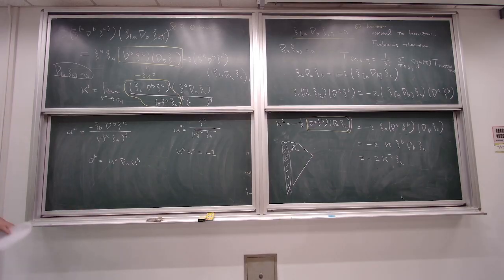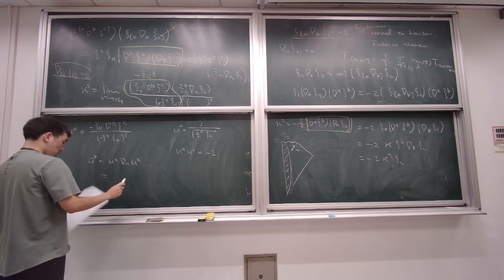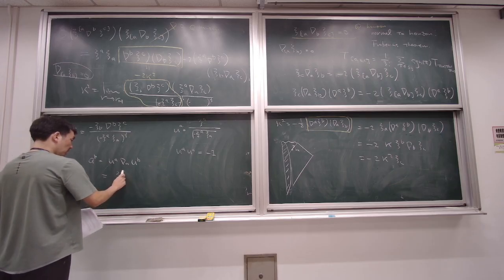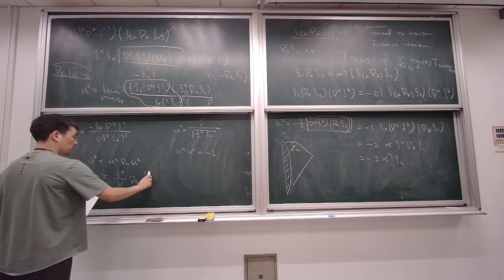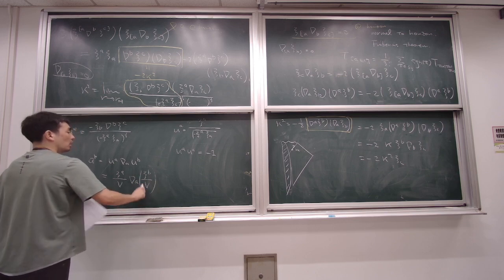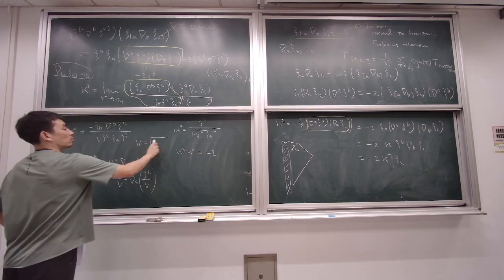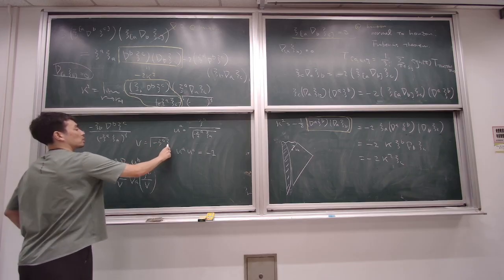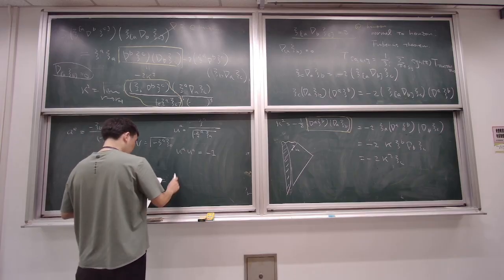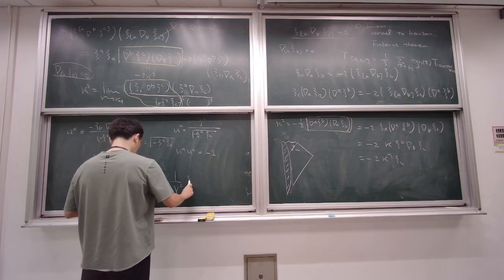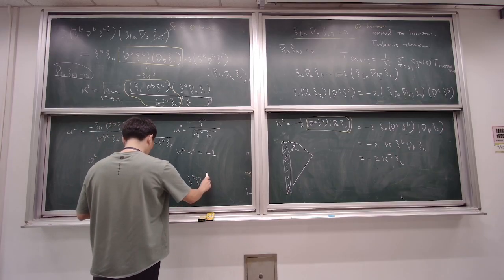This is equal to ξ^a over B, ∇_a of ξ^b over B. B is the square root of minus ξ_a ξ^a, okay? And then this is given by 1 over B squared, ξ^a ∇_a